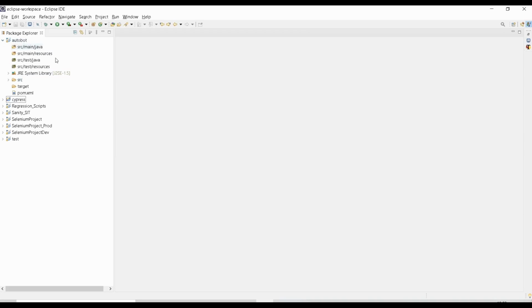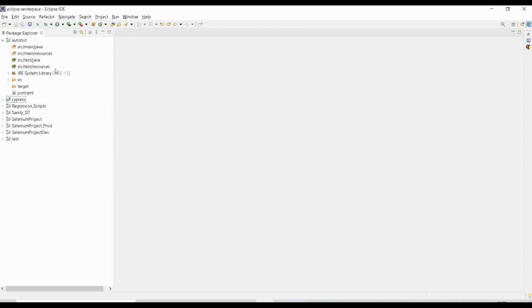Okay, so here you can see Maven has already created a structure for your project, right? You can see src/main/java, where you can create the main source code, then src/main/resources. If you want to add some resources regarding your code, you can maintain them here. And this is for testing, like if you want to write some test cases for checking your code, you can write them over here, and if any supporting resources are required, you can keep them over here.